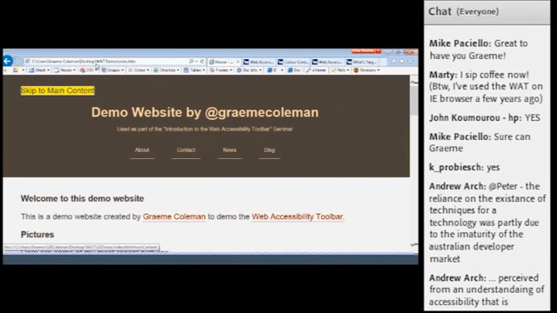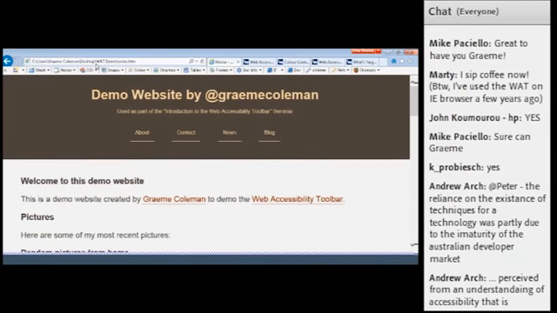And here it's telling me what the title of the page is. So again, it's a nice, snappy, quick way of investigating what the title of a website is, and getting a little bit more information that you might need as well.